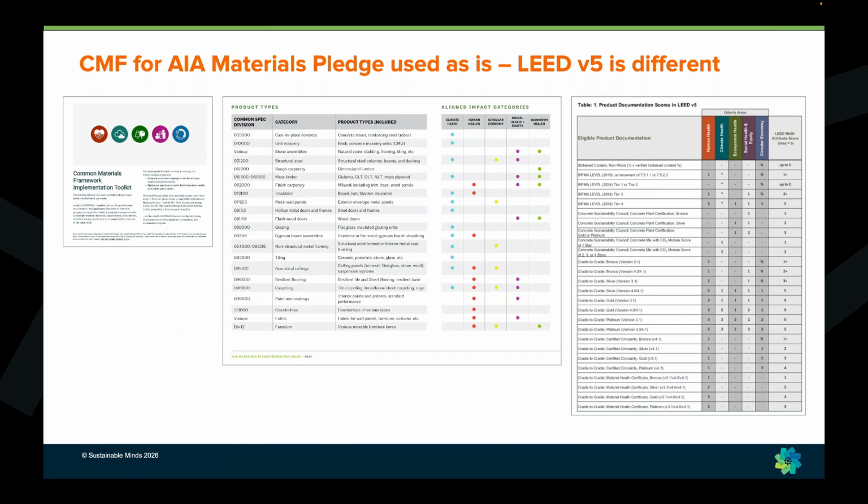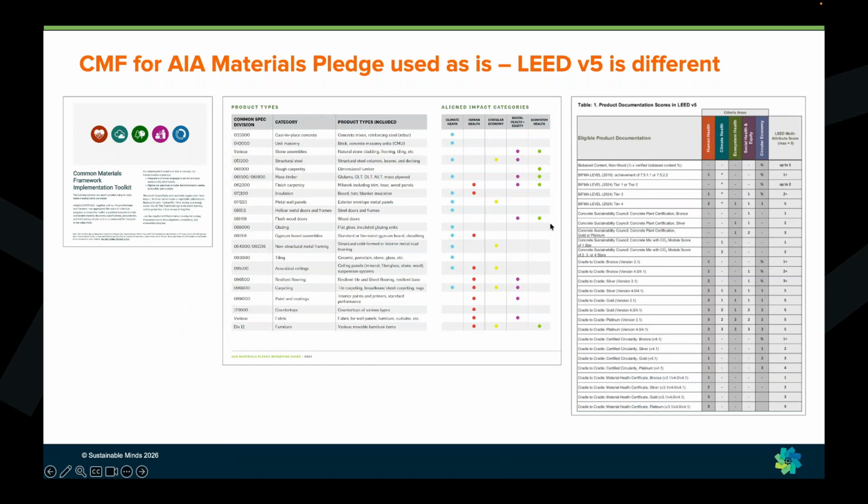Keeping in mind, Materials Pledge is just reporting as is. There's no point value, there's no scoring, there's no kind of rating or ranking. It's just reporting. Here's what I've used, products in my project that have CMF documents that contribute to these various